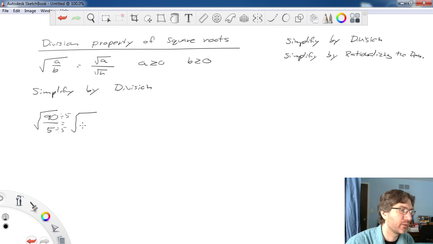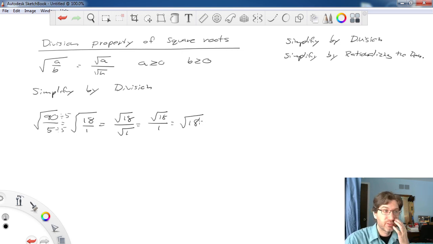That's actually going to get rid of my denominator because my denominator is going to become 1, and the square root of 1 is just going to be 1. And 90 divided by 5 gives you, what is that? 18. That gives you 18. So this is going to turn out to be just the square root of 18 over the square root of 1, which turns out to be the square root of 18 over 1, which turns out to just be the square root of 18,